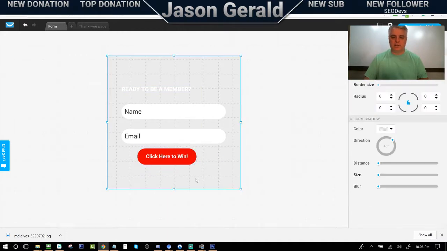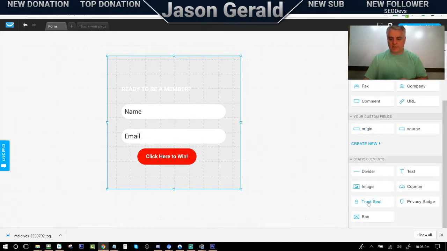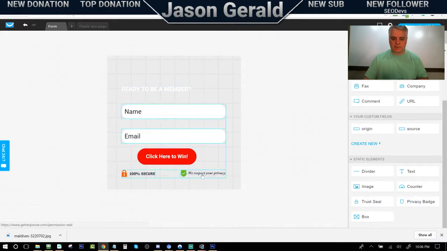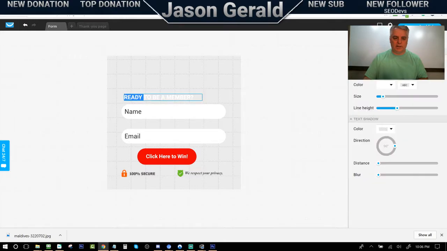And let's go ahead and go back into here, add a field, and let's go to the bottom. Let's add a trust seal in there and put that in the bottom here. And privacy seal, let's go ahead and put that over here. And enter, and let's bring that down here. And let's say enter to win a free leather bag. Okay,